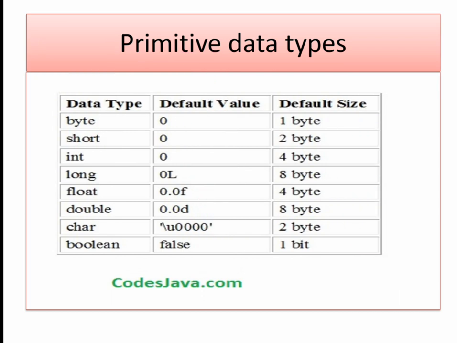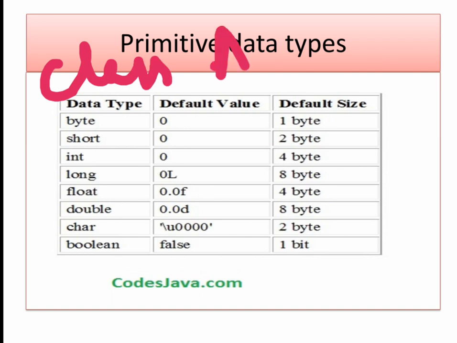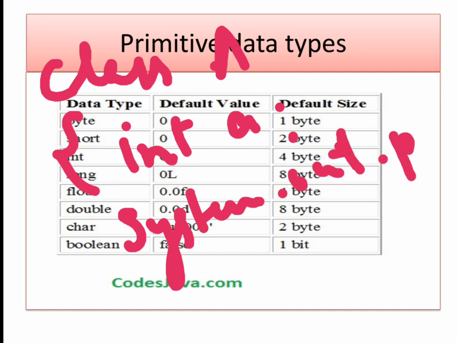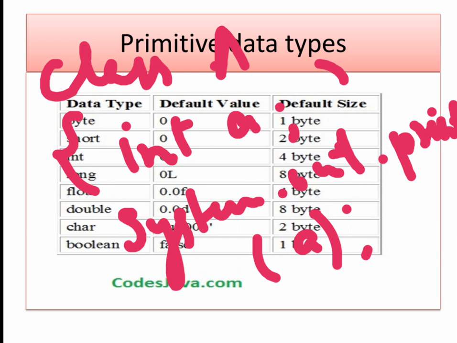Okay, let us take the simplest program: class A, int A. I hope you remember System.out.println. We print A. So what is the output? Have you assigned any value to this? No. So if no value is assigned, A takes the default value, and since it is an integer data type, A stores 0. The answer will be 0. I hope it is okay. Can we move on?